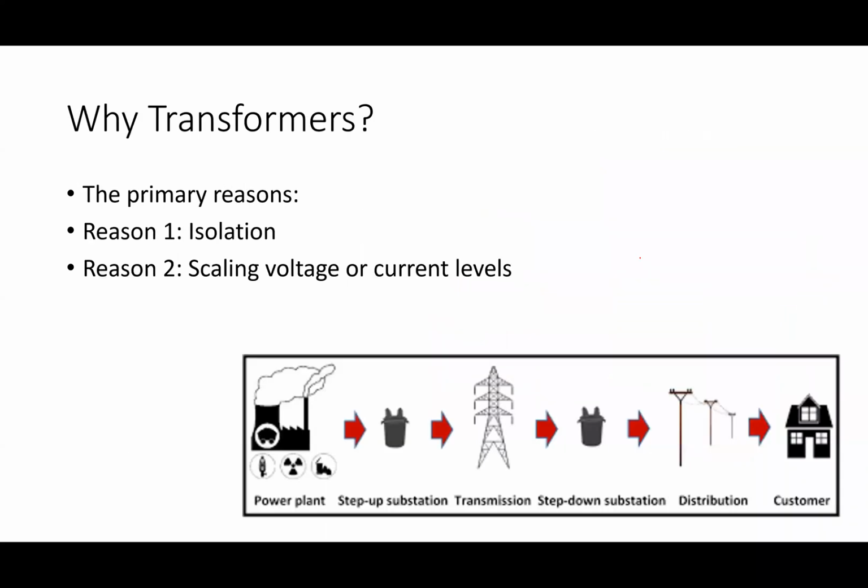All right. So why do we use transformers? I basically say there's two reasons for it. One of them is isolation, and the other one is to scale voltage or current levels. So this is my really crappy model of what a power system looks like, right? And this is maybe becoming a legacy power system to some extent. But I have got power plants that step up their voltage to a really high level, so they step them up on the transmission system here.